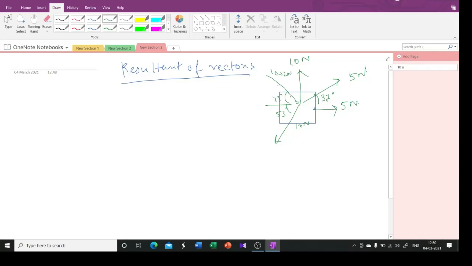So in this way, you can see in this diagram that there are several forces acting on this block, right? Now, just by looking at a figure, are we getting any sense where this block is going to go? We really do not have any idea, right? Because there are so many vectors in play, it's difficult for us to handle. So what we can do is simply minimize the number of vectors, and this is where the resultant of vectors comes into play.